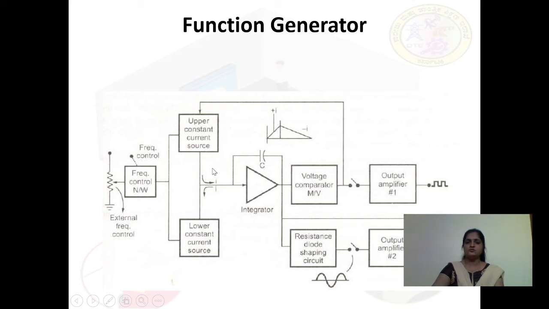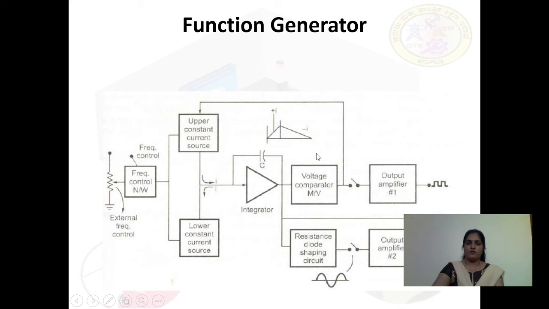These two sources will help us to operate this integrator in order to charge this capacitor with a charging value of plus I, and this lower constant current source helps us to discharge it. So as a combination of charging and discharging, we are getting both the positive slope and the negative slope. Indirectly we are producing a